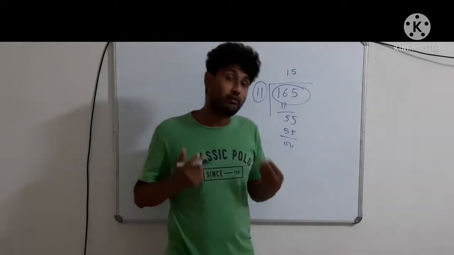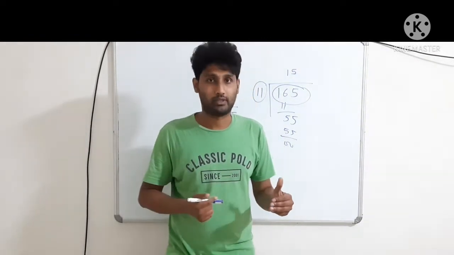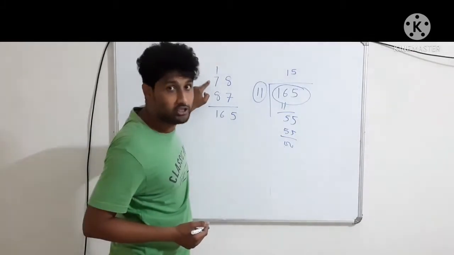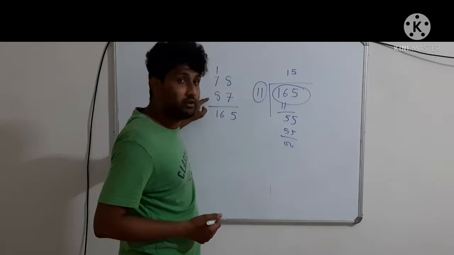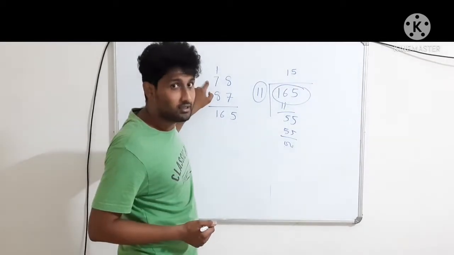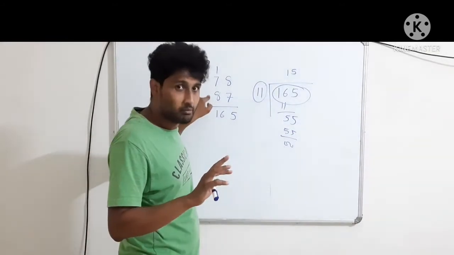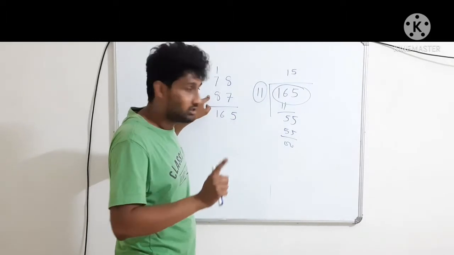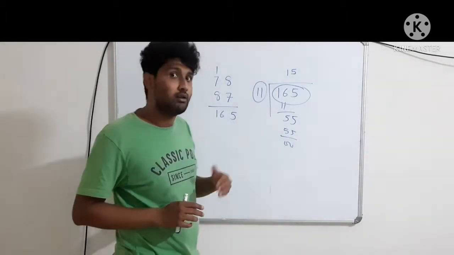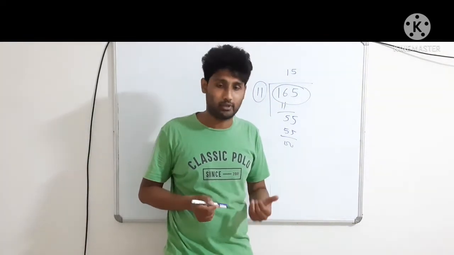So why do you think this happens? Let us find out the reason why this happens. This means when you add a two-digit number, for example 78, with the reverse number, which means you interchange the digits, 87, the sum is divisible by 11. We saw two examples. Now let us prove why this happens.